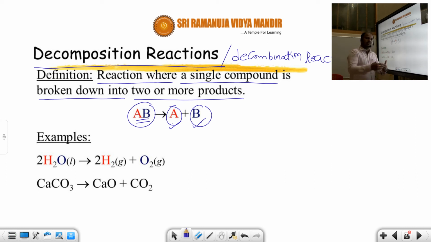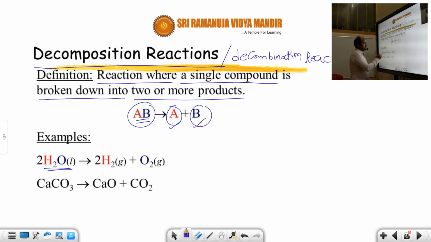The two or more substances formed may be elements, maybe an element and a compound, maybe compounds. But this decomposition reaction takes place in the presence of heat energy, or light energy, or current, that means electrical energy or electric spark. So whenever energy is taken, and the substance is broken down into two or more substances, then the chemical reaction is said to be a decombination reaction or decomposition reaction.